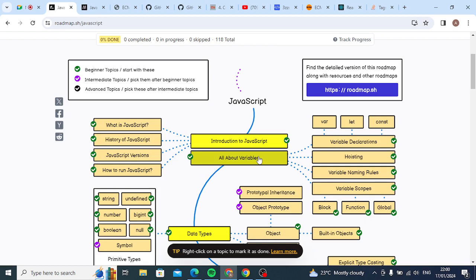Mostly we'll get into what are called variables after that. This is a topic I'm going to cover, and when we discuss variable declaration, hoisting, variable naming rules, and scopes as well, mostly we'll be able to cover all these things.